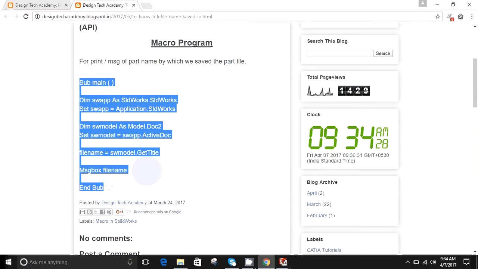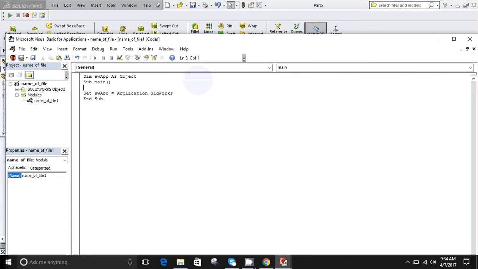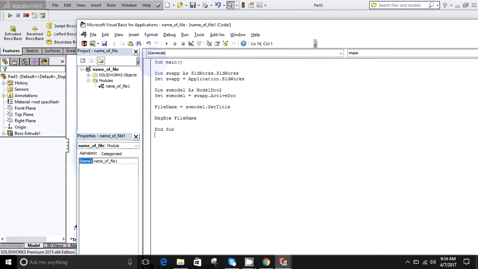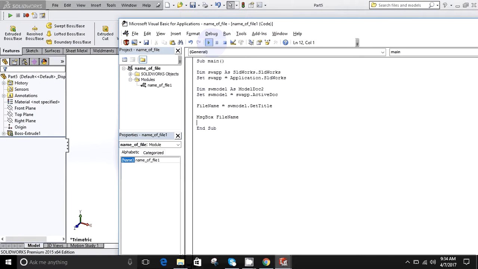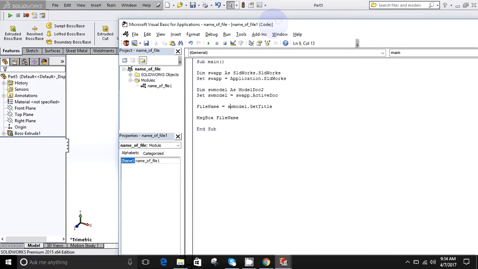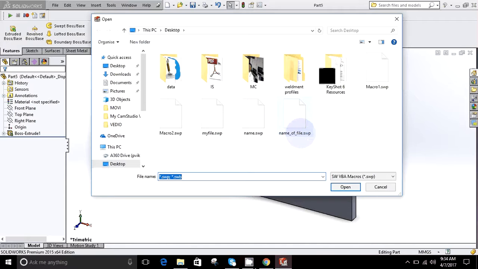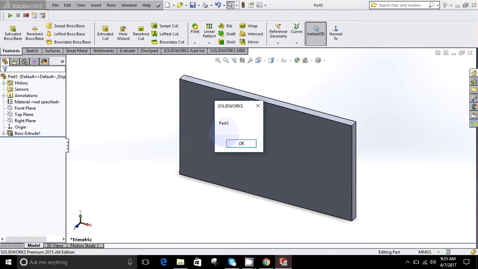I just copy it, paste it, and delete this part, and this is my program. Now you can run this program from here, or save it or close it. You can run macro from here. This is the name of the file dot swp. Open this, and it shows the name of this part file.